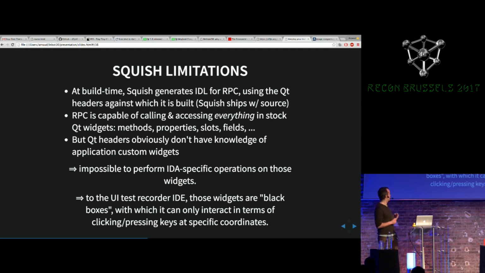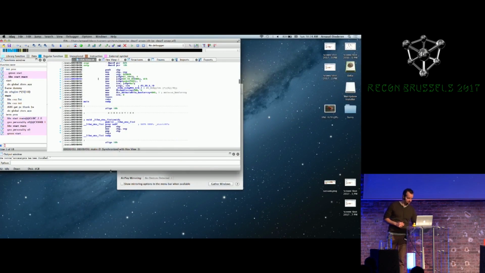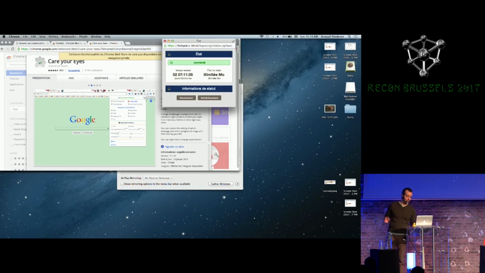But IDA has a lot of custom widgets, and we don't build Squish against this. In fact, maybe that's the road we should have taken, that is injecting our own widgets in it before building it, but we chose a different approach. And the problem is that our own widgets, what I call the rendering pipeline, typically things such as the disassembly view, these widgets are complete black boxes to Squish, which means whatever you do,